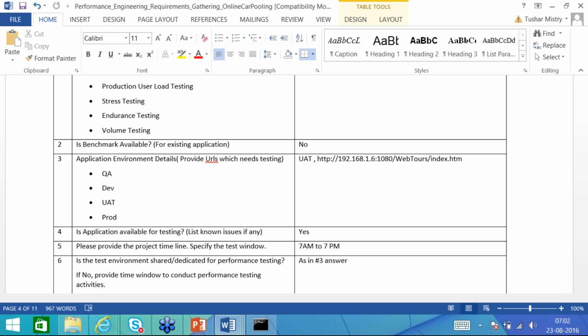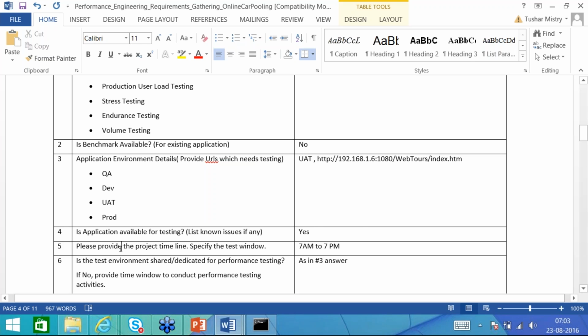If there are issues, like certain functionality is not working, say a flight date is not changing, we should ask the client to first fix this problem, and only then are we going to do the performance testing. Why? Because we should have realistic data. Users who are booking the flight will book for different dates, not the same date. So if such an issue is there, you should ask the client to fix it.